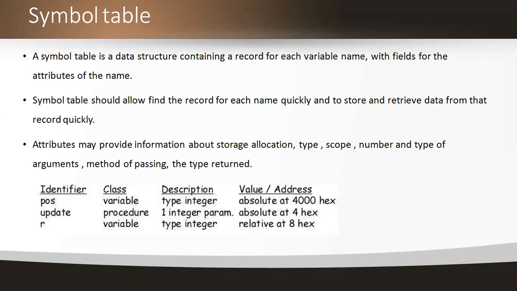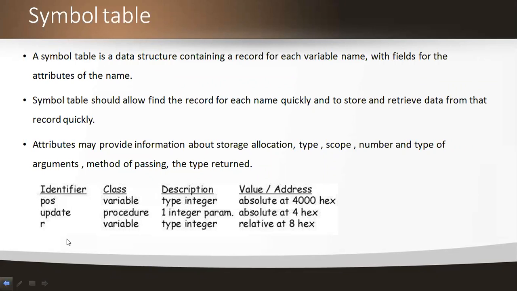This symbol table allows us to find the record for anything. If you want to search for anything, you can quickly retrieve the data from the symbol table. Whatever internal functionality we performed in the phases, or whatever we do while processing the compilation, should be stored in a symbol table, acting like a database record.